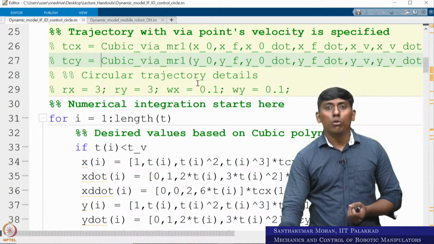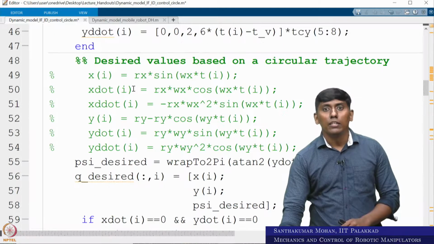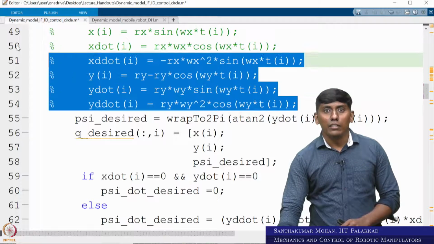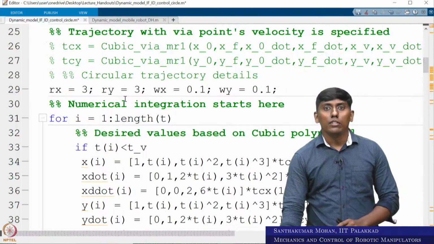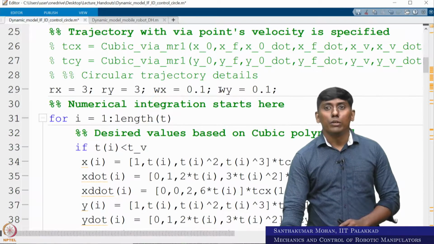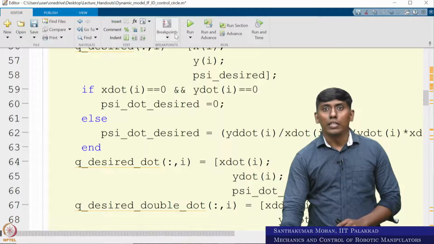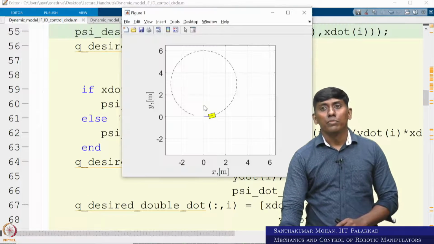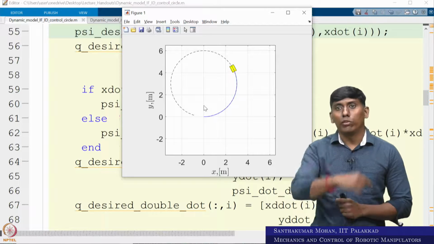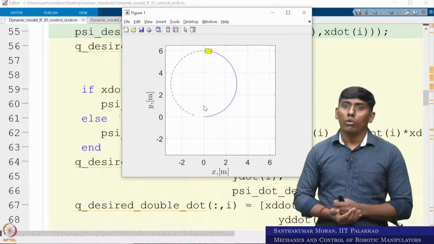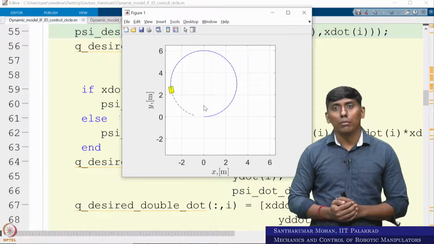Now even if you want to give a circular profile, I assume there is a circular profile we want to follow. I assume the circular radii are equal, and the frequency is also equal. So it is supposed to follow a circular profile, and we can see whether it is happening or not. Okay, now you can see we have also used line of sight, so it is following the line. So all this happens, right. This is the whole idea behind the Denavit-Hartenberg approach.